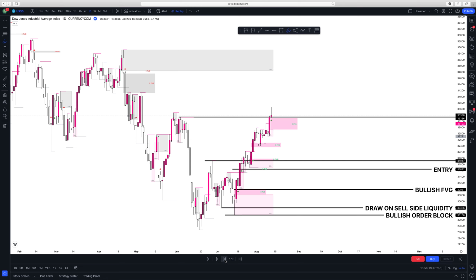Intraday trading, I love to use the 1 hour time frame and 4 hour time frame, and also the 15-minute